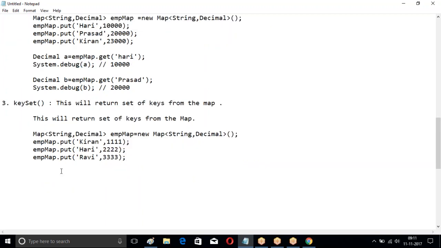So we created the map: empMap.put Kiran value, empMap.put Hari value, empMap.put Ravi value. Then you want to get all the keys. Keys are in the form of what? String. All the keys are strings, so what am I going to use? Set of string